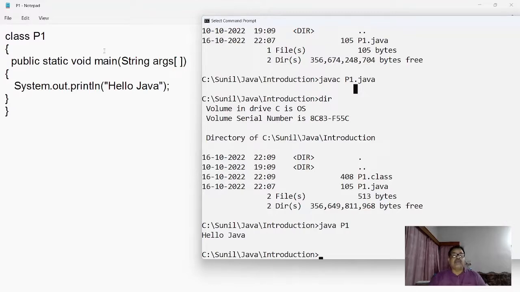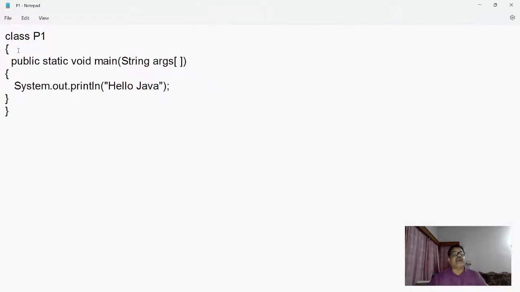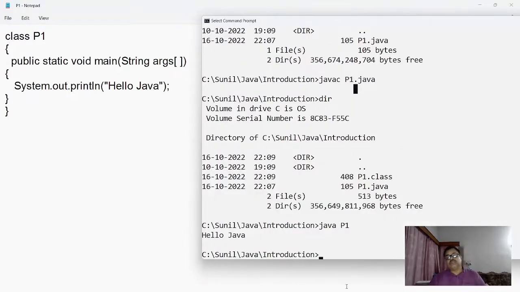Like this, if I have to write this S in capital, it is a foundation that I have to write it in capital. If I have to write this class in lowercase, it is a foundation that I have to write class in lowercase. If I have to open curly braces after class, it is necessary to open them, otherwise the compiler will complain and your program will not be compiled, and you will not get that .class file. It means you will not get your output also. So it is the responsibility of the compiler.